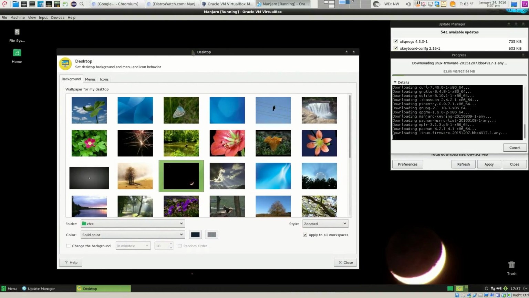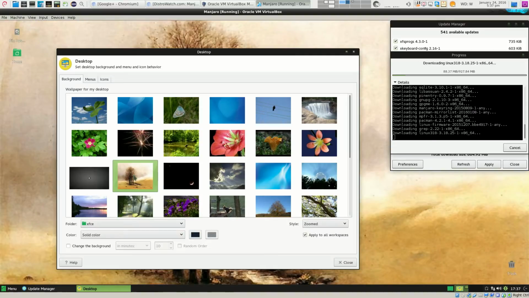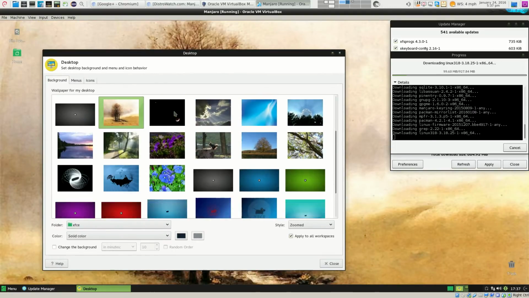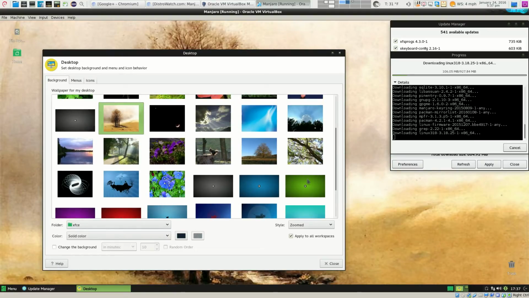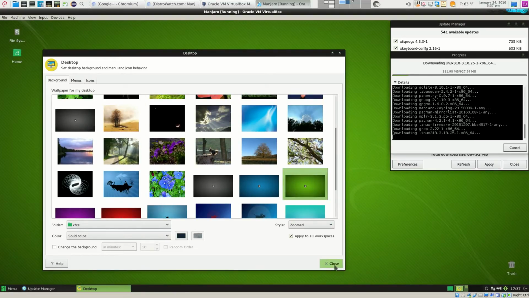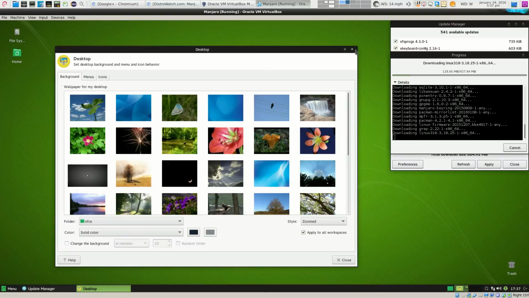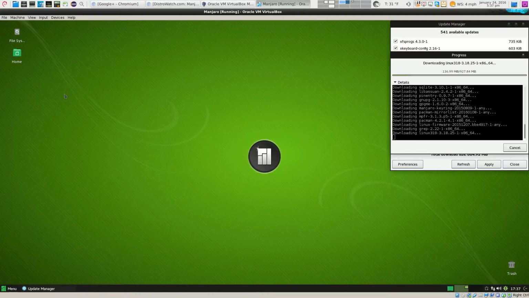The moon and the stars. Or this one. That seems very sad. No. Let me see where there's a nice one here. Oh, I like that one. That one's really nice. Look at that, green. Goes with the whole color scheme.